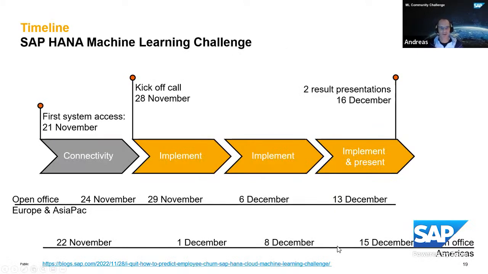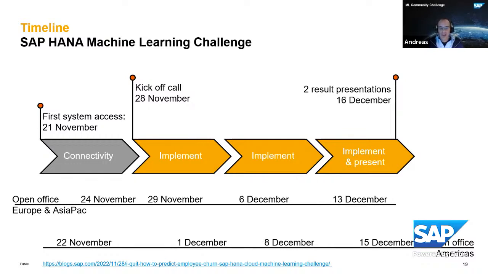Super. Thanks so much. So I'm sure you're all keen to get started now. You heard about the machine learning in HANA Cloud. You've seen it. You heard about the challenge. So now to some practical details: how the next 3 weeks are going to continue. Today, at the time of recording, it is November the 28th. And you have now 3 weeks to work on this challenge, to implement it, and at the end of these 3 weeks to present your results, as Sarah has explained.